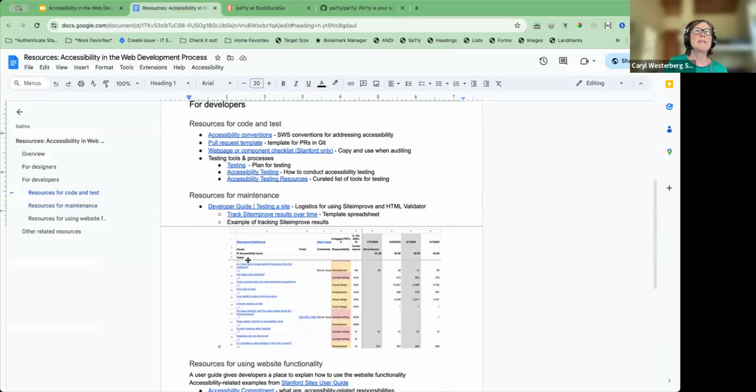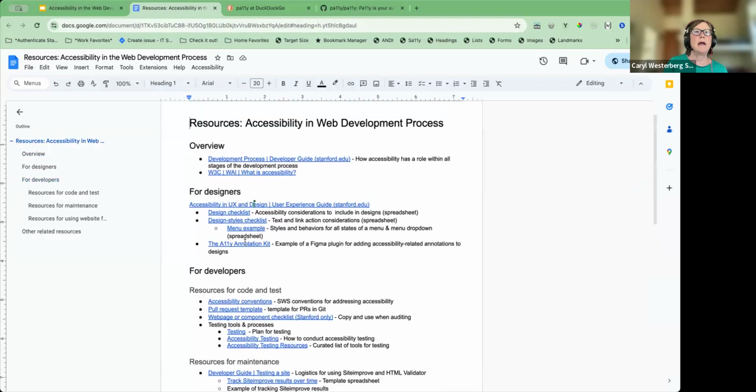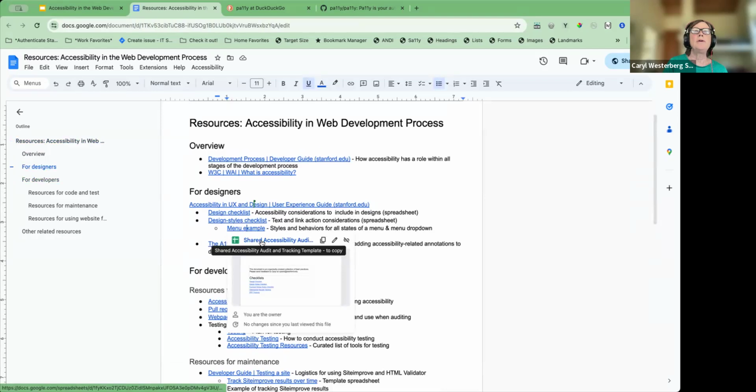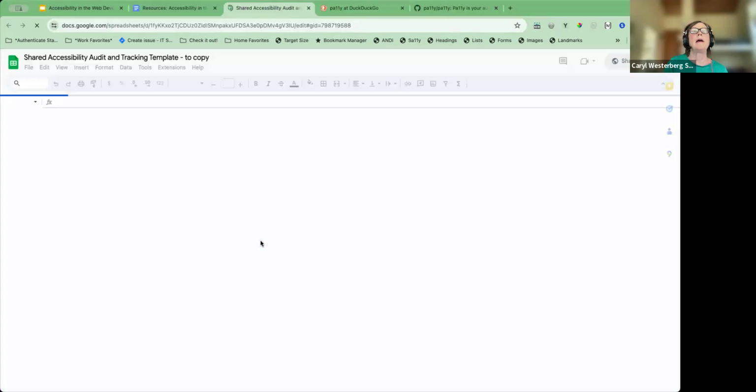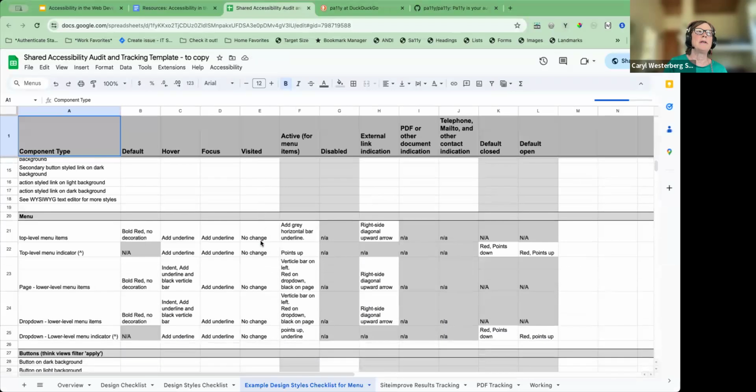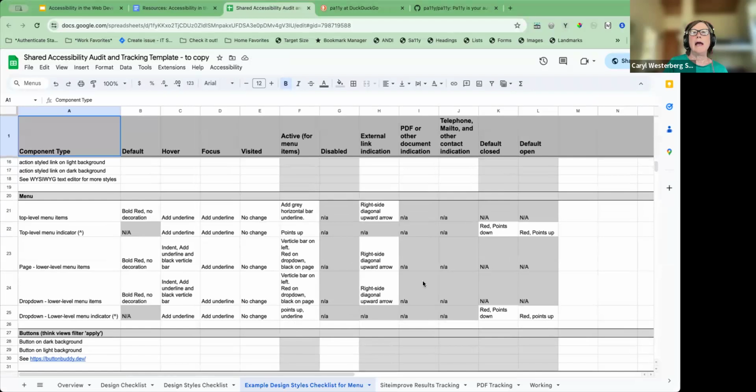One thing I was thinking of jumping in to was something I've put together recently. When you come up with a menu, it is actually very challenging to define. And this is one way to think about how to work with a menu. Within a menu, you have default, hover, focus, visited state, active. Does it point to an external link? Maybe they link to another thing. If you have a drop down, is it open or closed, and how is that going to be defined? So using this grid, your matrix, you can say, okay,